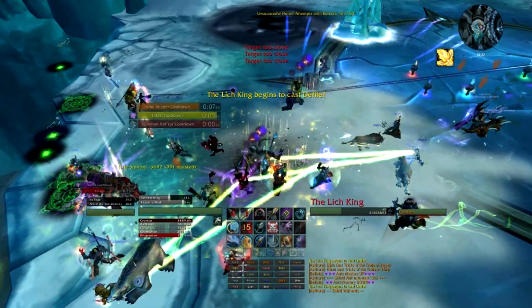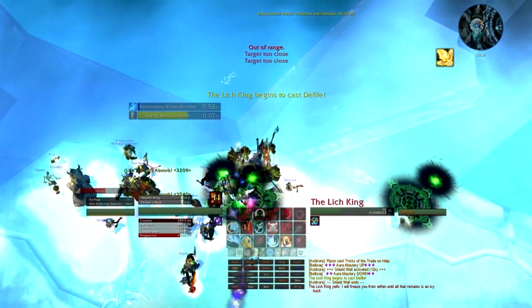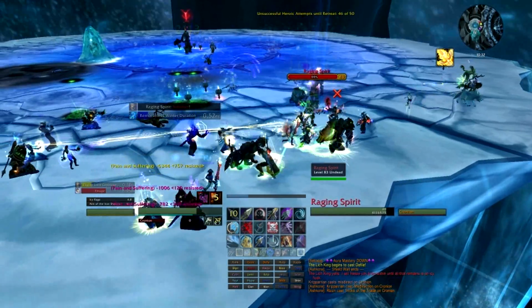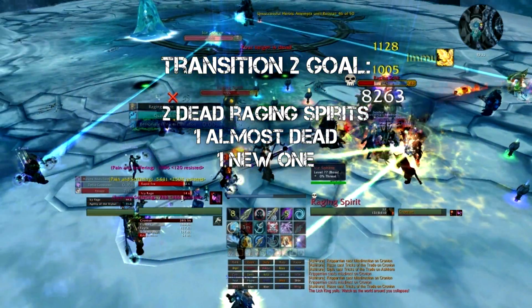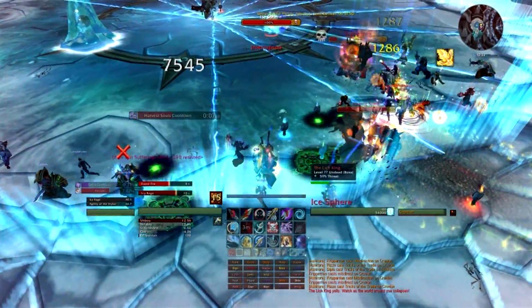As the second transition phase is about to begin, you want to have your raid on the edge so they can jump on the ice just as it spawns to avoid any damage they would have taken otherwise. The second transition phase is the same as the first transition phase, except that you get the one extra Raging Spirit at the end. Your goal by the end of this transition phase is to have 2 out of the 4 dead, and the third one at extremely low life